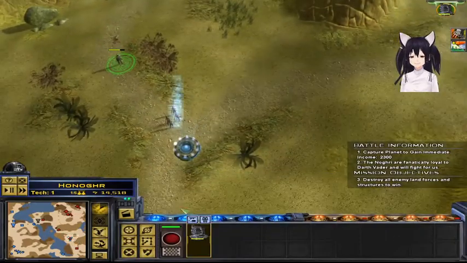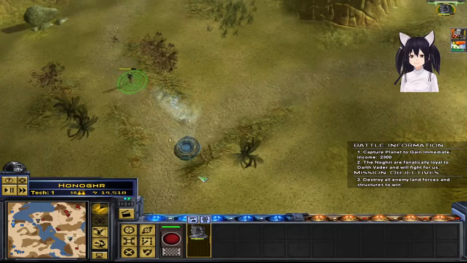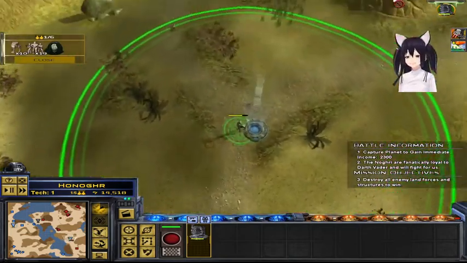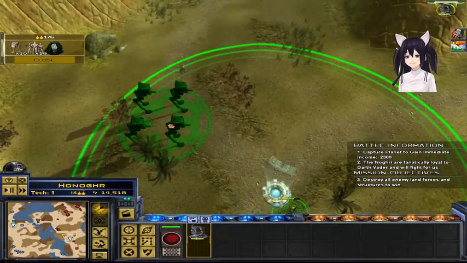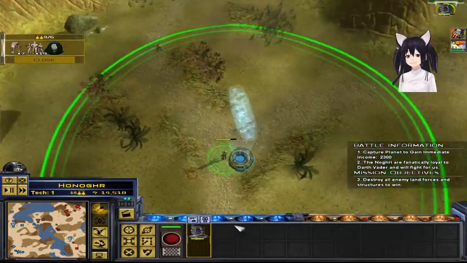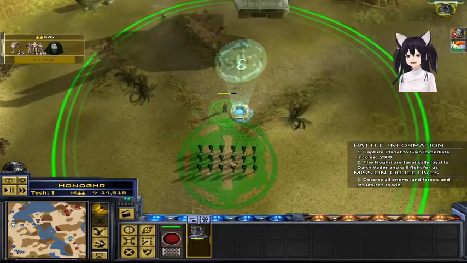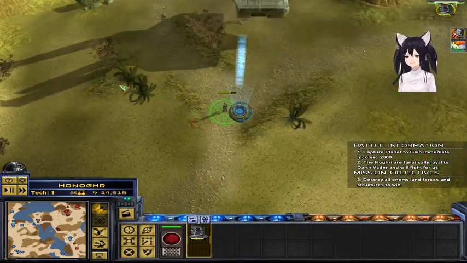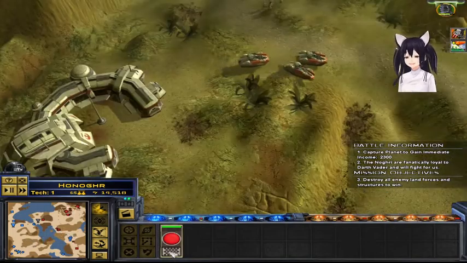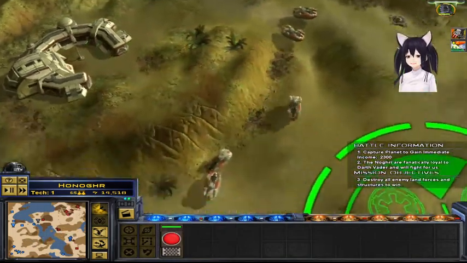Okay, so I'll choose my reinforcements. Here are my walkers. At maximum unit capacity. Bombardment available. Oh, and since I have a bombardment available,